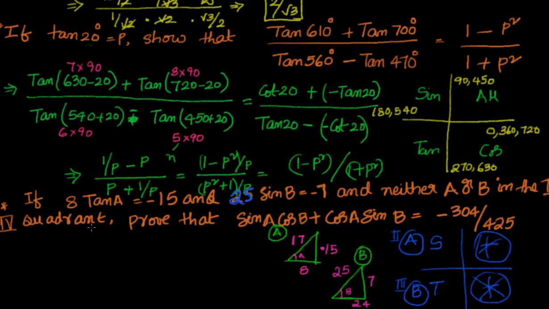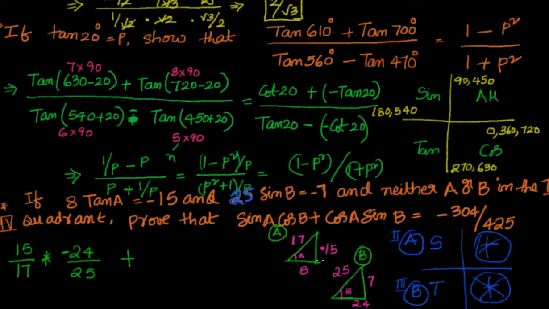So let's go ahead and substitute them. What I have to find out? Sin A. Sin A, you are in second quadrant, sin is positive. Sin A is 15 by 17. I will write as it is, 15 by 17 into cos B. Cos of B is 24 by 25. But B is in third quadrant. In third quadrant cos is negative. So this becomes minus 24 by 25